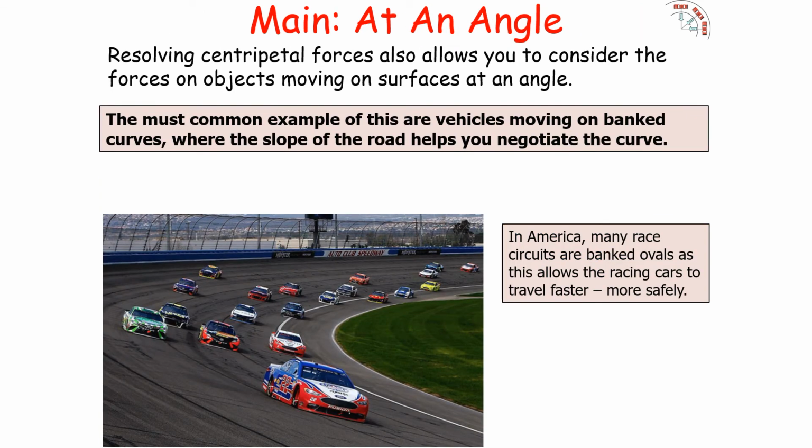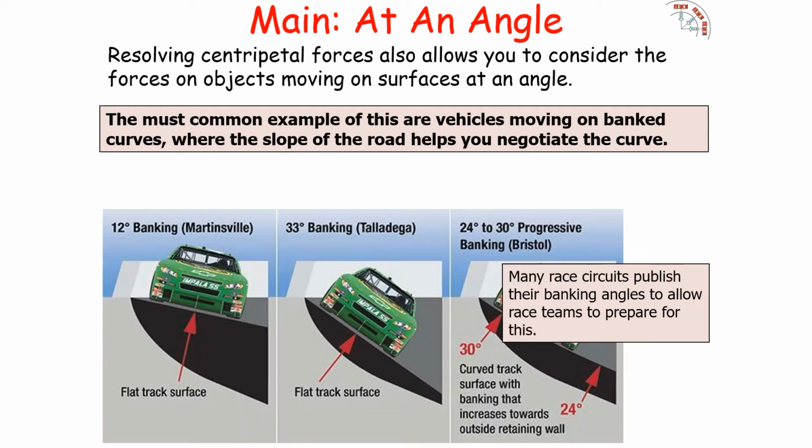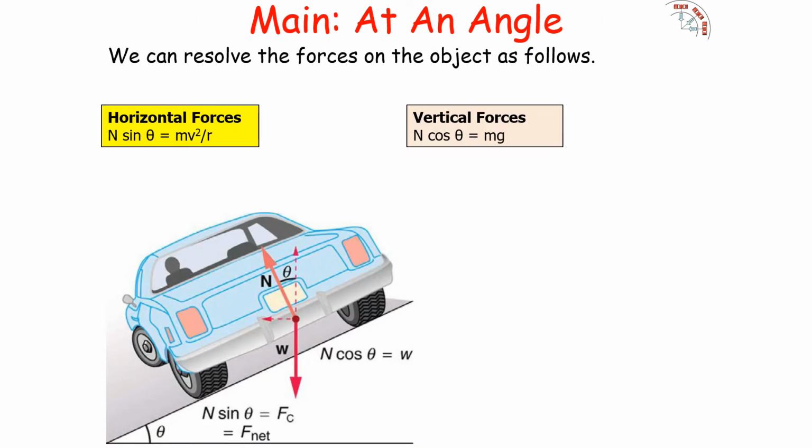Now, resolving centripetal forces allows you to consider the forces on objects moving on surfaces at an angle. The most common example of this is vehicles moving on a banked curve, where the slope of the road helps you negotiate the curve. So in this situation, you would resolve the forces on the object. So you look at the situation and you say, in this instance,